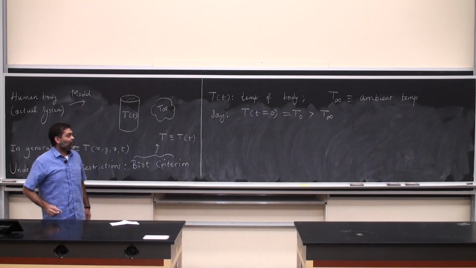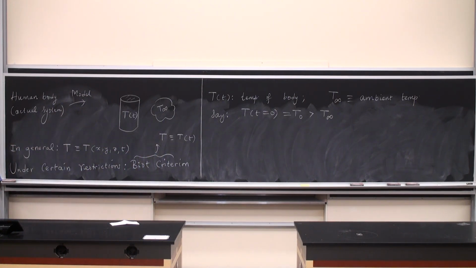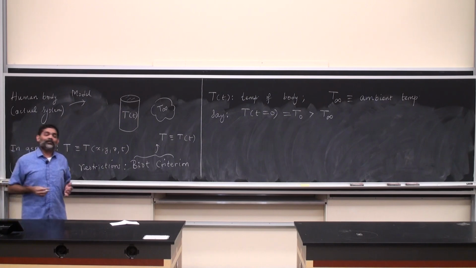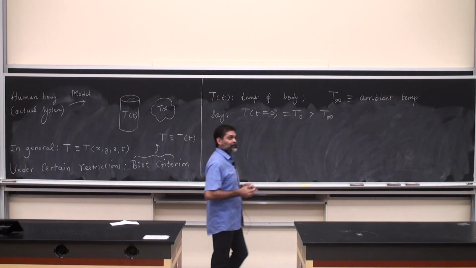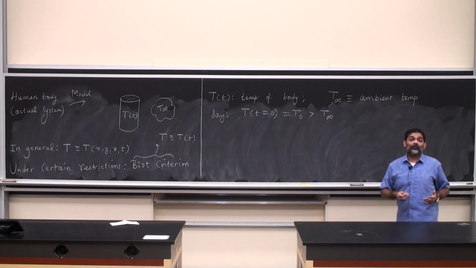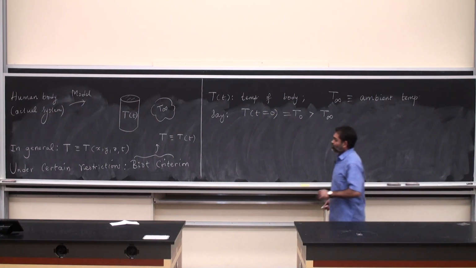Now we want to construct a system model. That is, how do we use this caricature of a human being and then come up with a mathematical equation? Here is how you do it. You make use of the first law of thermodynamics. You're taking 3501, you know the first law, right? So using the first law,